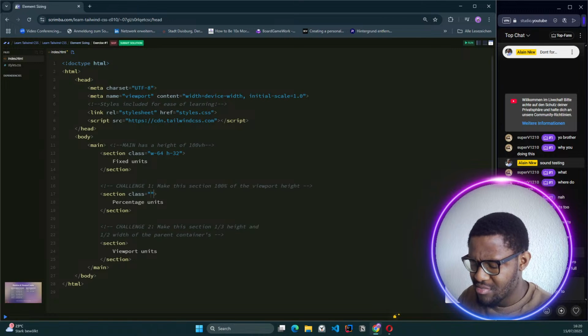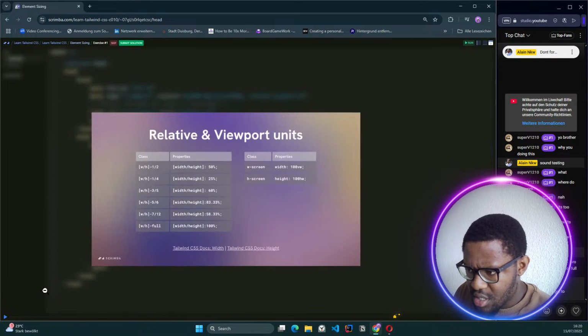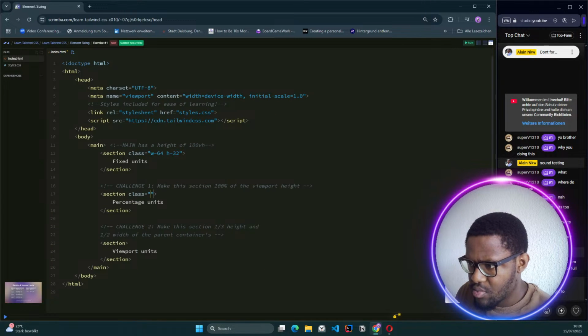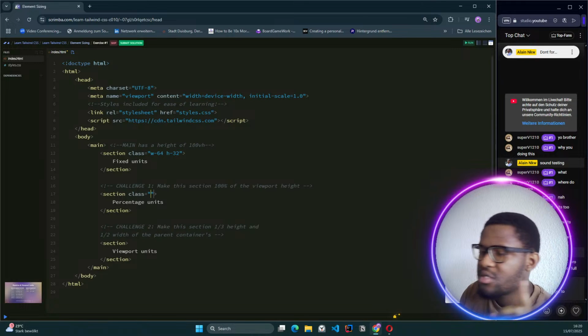It is like... let me check again. Documentation, yeah. Because W string, W hash, string, 100% of the viewport. So now notice that the viewport